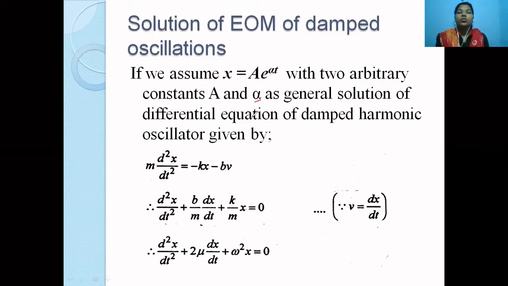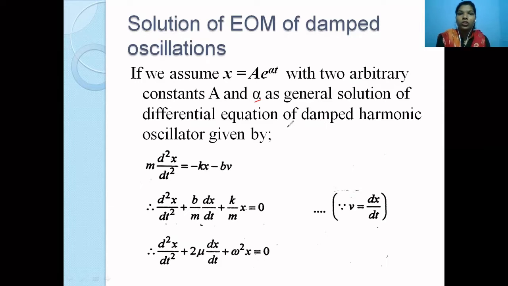Hello students. In the previous lecture, we talked about the equation of motion of damped oscillations, where we saw that the equation of motion is directly proportional to the restoring force, but along with the restoring force, it is also directly proportional to the velocity. This opposing force is directly proportional to the velocity, but both are oppositely directed, which means that there comes a negative sign. So we have this minus bv, which is an extra term that comes into action when we talk about damped oscillations.